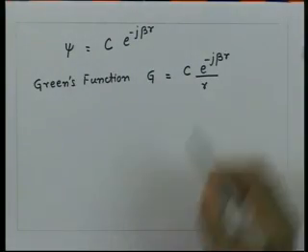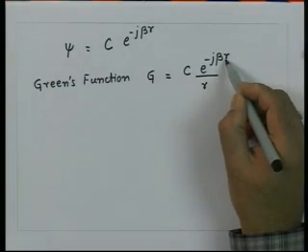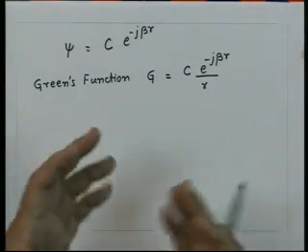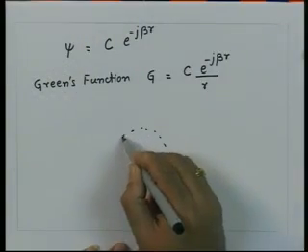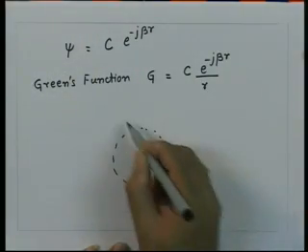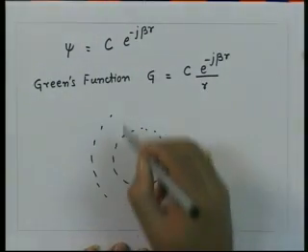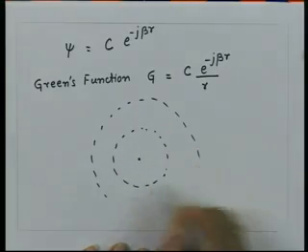In this case, the constant phase fronts are defined by this quantity r equal to constant, and as we know, r equal to constant defines a surface which is a sphere. So that means if this is the origin, then the constant phase surfaces are the spheres which are around it. These are the constant phase surfaces,